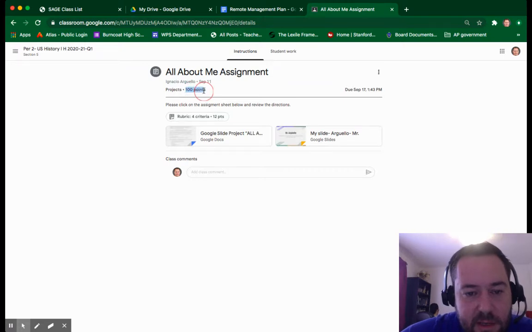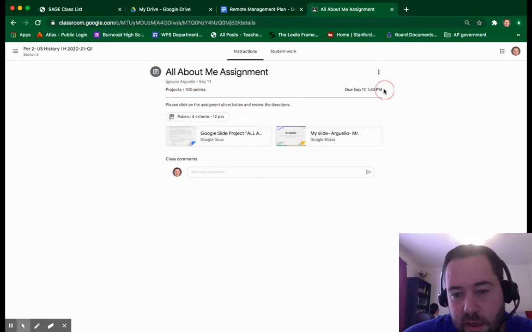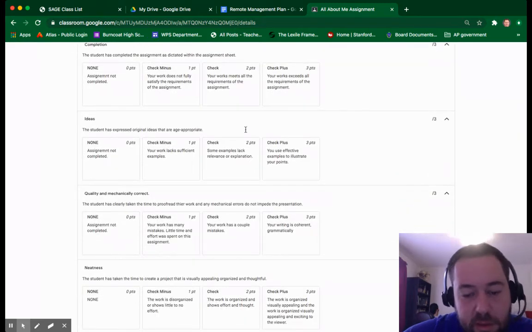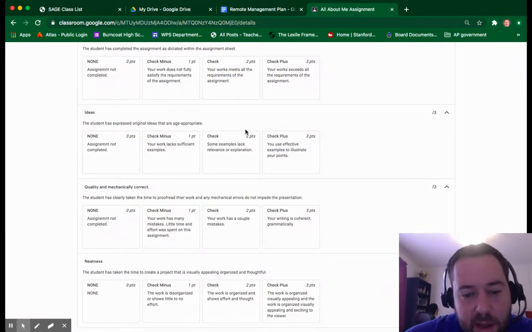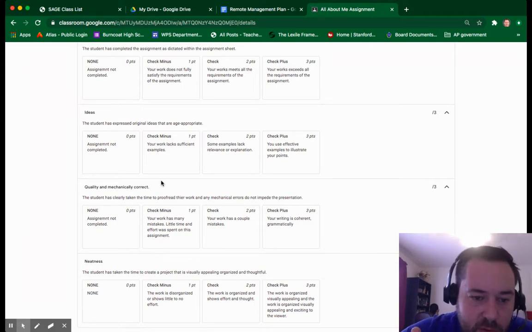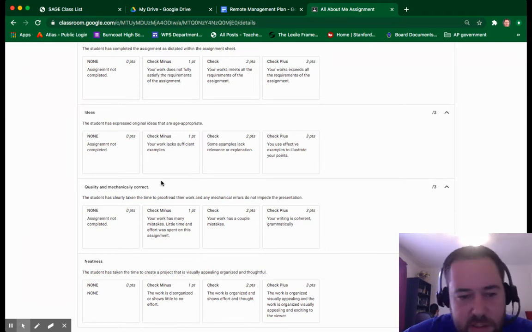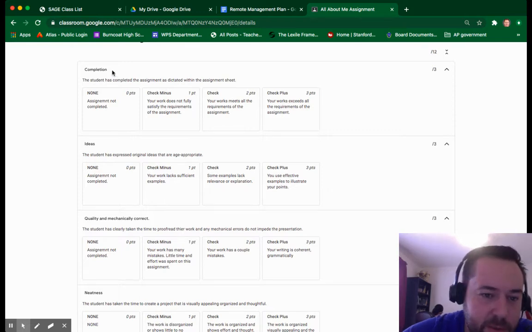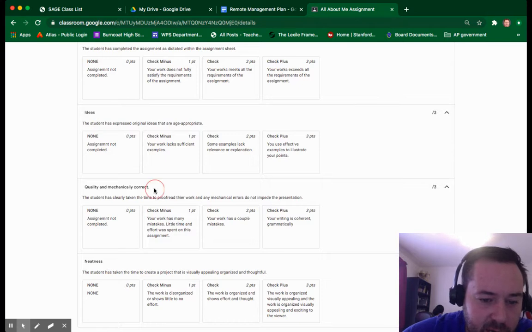I've made this assignment out of 100 points. I've given it the category of projects, so it'll be worth 20% of their grade. And it tells the student the due date. If you click on the rubric function, you can see the rubric. These rubrics are reusable. So I have created a series of reusable rubrics. One's for essays. This one's a simpler check minus, check plus on a couple of components, completion of assignment, their ideas, quality and